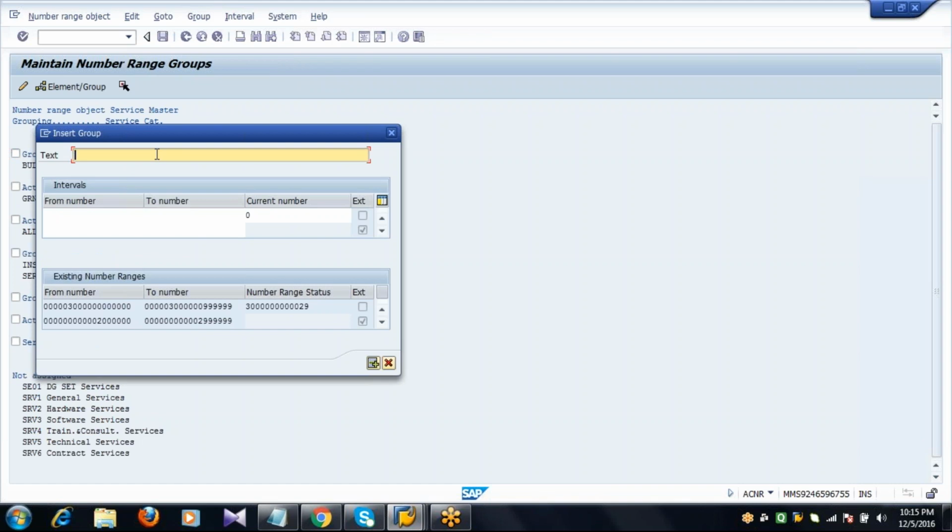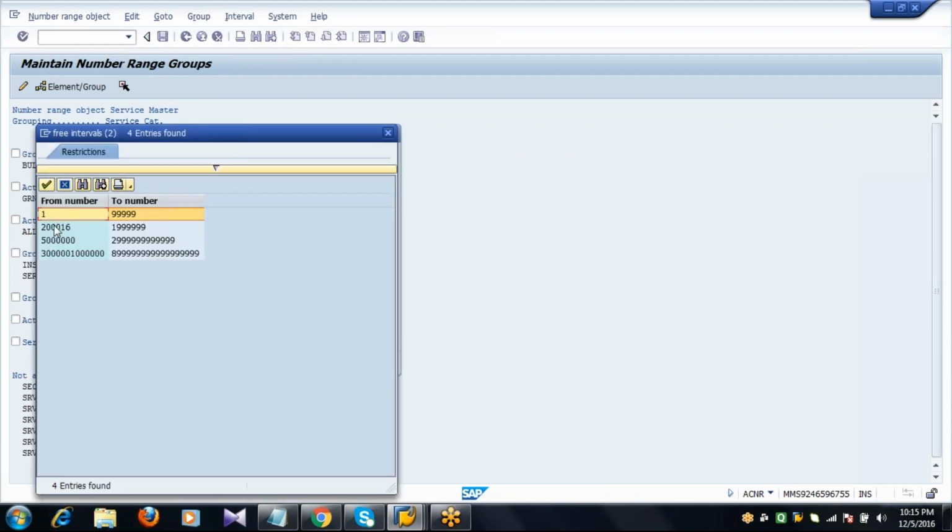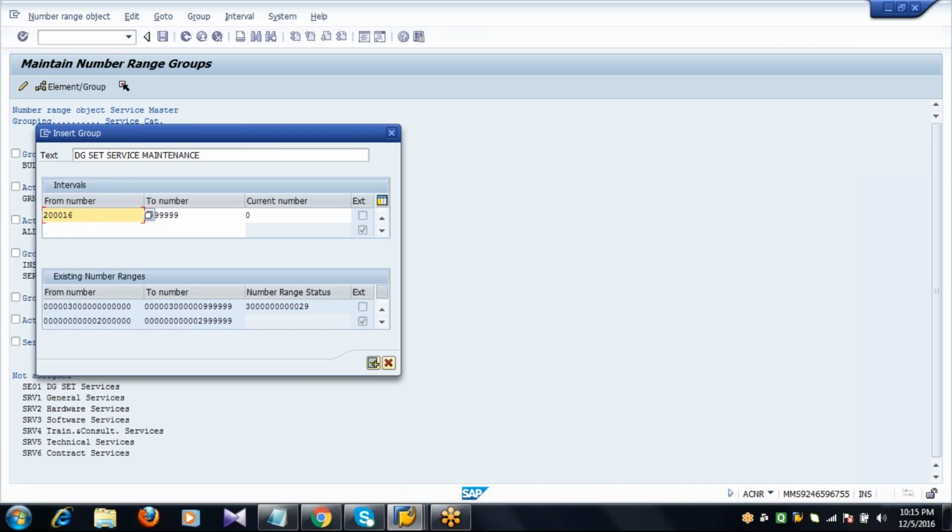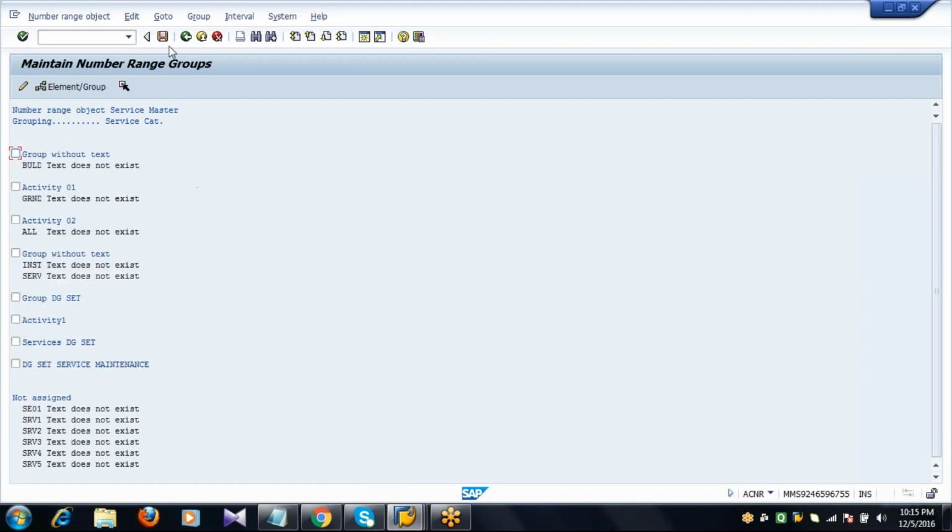Give some description, for example DGset service maintenance. Number ranges as usual, from number and to number. Let's say from 2000 to 2020. Press enter, save. So the group has been created here, you can see.